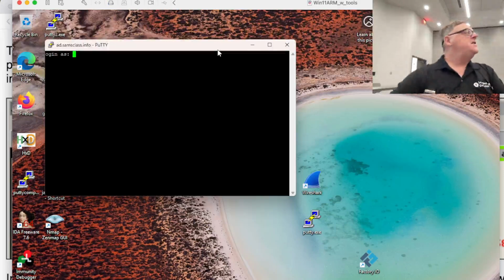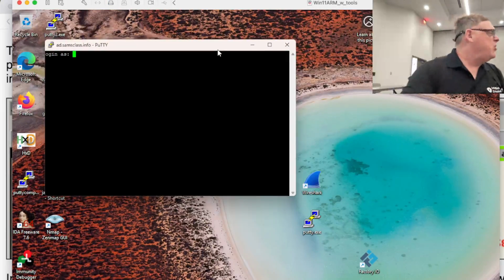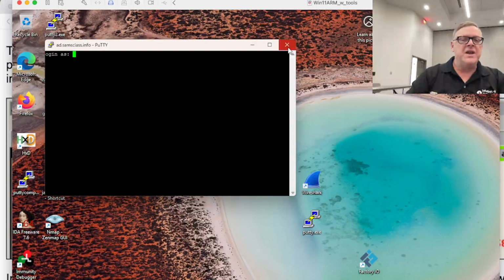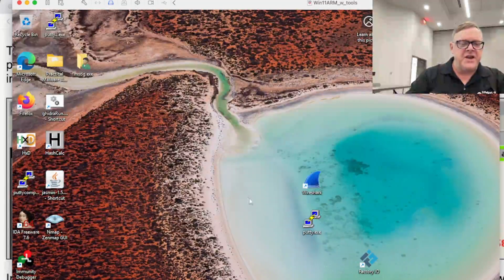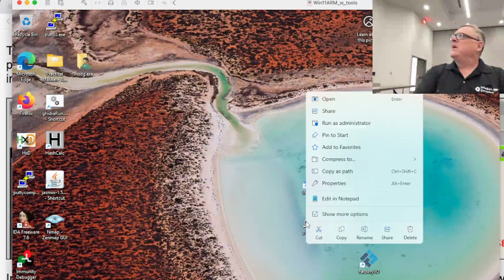Now, by the way, this should not have been possible. The whole purpose of code signing is to prevent this garbage. And this is signed code. And I've taught this class to Microsoft engineers, and they didn't give me any answer that made any sense to me. If you look at PuTTY and go to Properties,